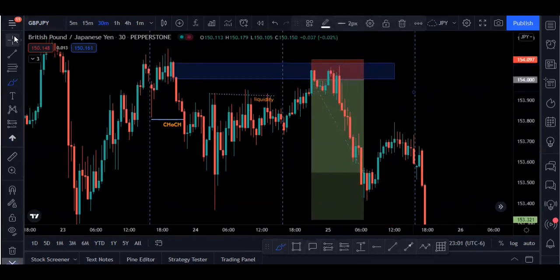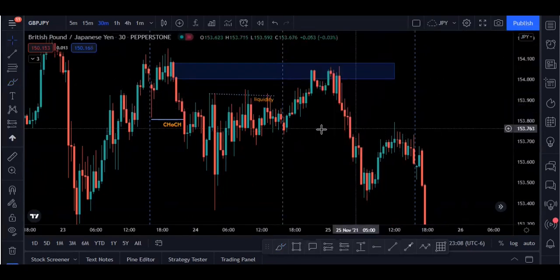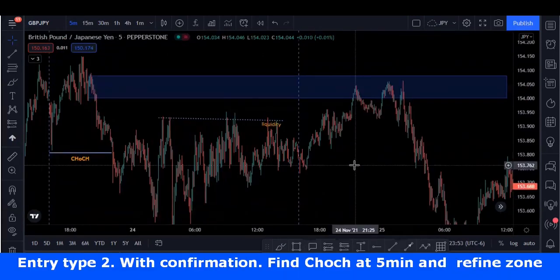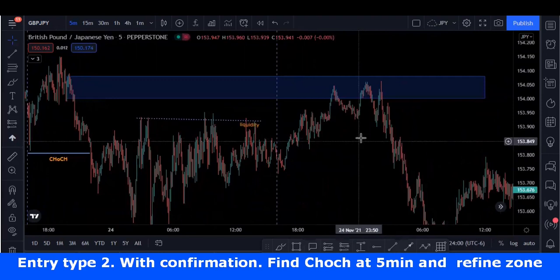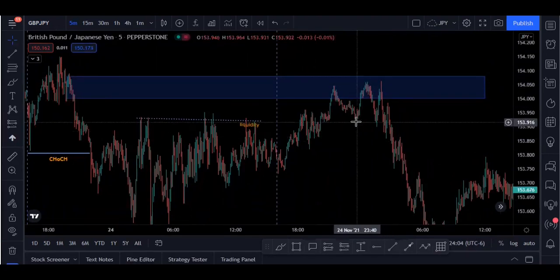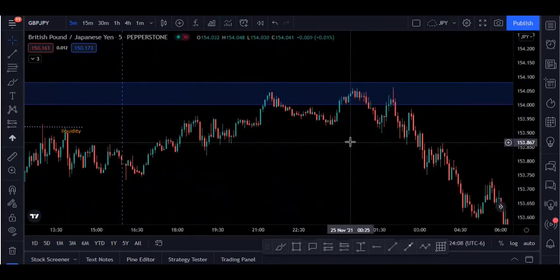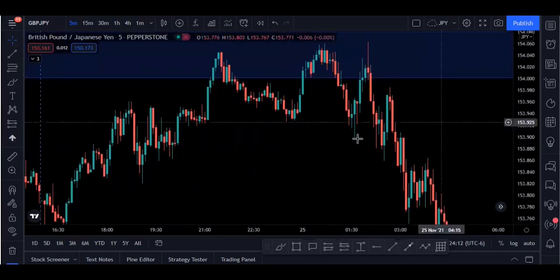So let's go to the second way in which we could have taken this trade with less risk. The second method and the best would be refining your zone, okay? Which means we're going to make our zone smaller, and we can take a trade based on the lower timeframes, okay guys? So what you want to do is go to the 5-minute timeframe